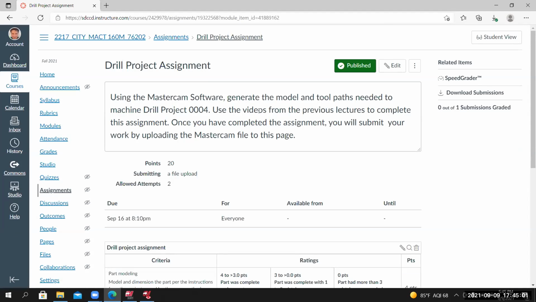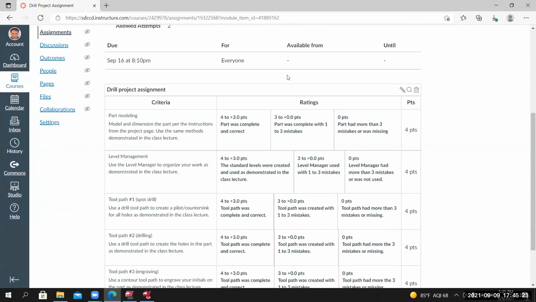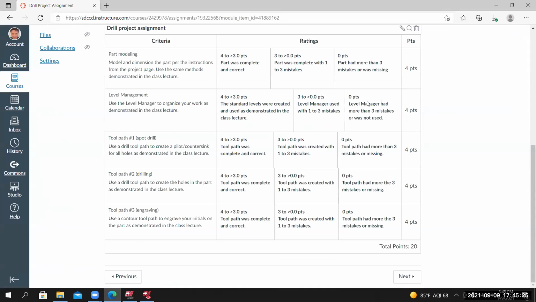Use the Mastercam software to generate the model and toolpaths needed to complete drill project 4. Now this is drill project 2. You're not turning this in. Use the videos from the previous lectures to complete this assignment. Once you have completed the assignment, you'll submit your work by uploading the Mastercam file to this page. So there's also a grading rubric, so you can double check everything that you've done,